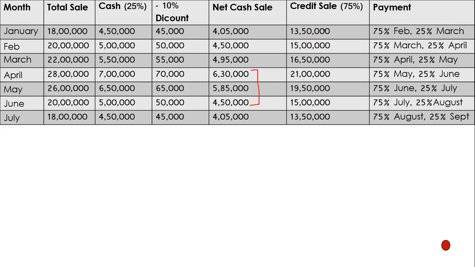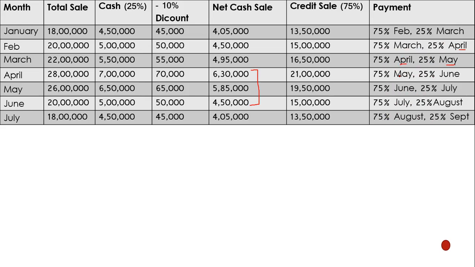Okay. So now for credit sale, our payment will be as follows. This is the month of January. So 75% will be recovered in Feb and 25% will be recovered in March. This 75% will be recovered in March, 25% in April. 75% will be recovered in April, 25% in May. 75% in May, 25% in June. 75% in June, 25% in July. 75% in July, 25% in August. 75% in August, 25% in September. Now we are concerned with the April,